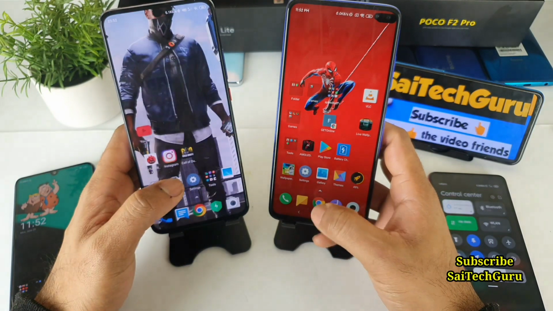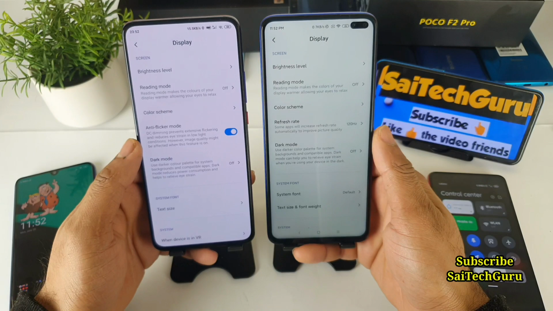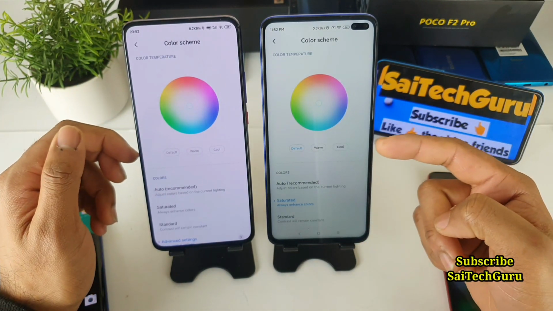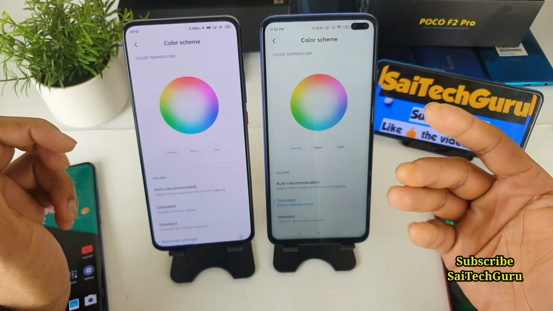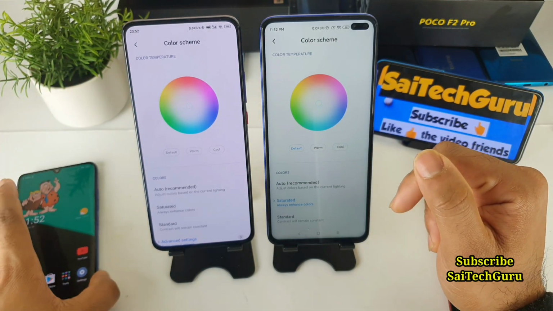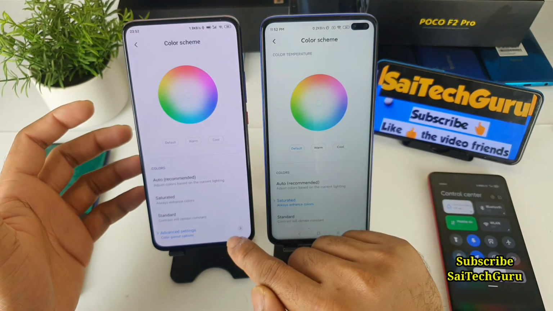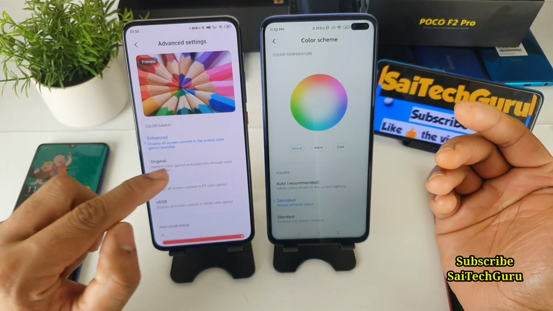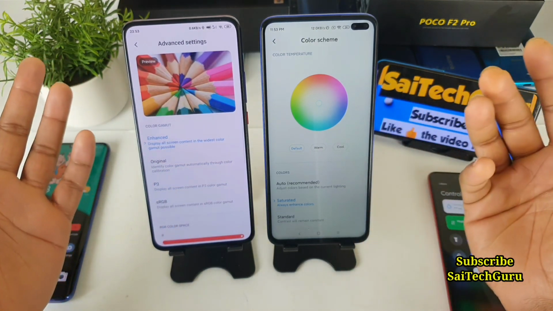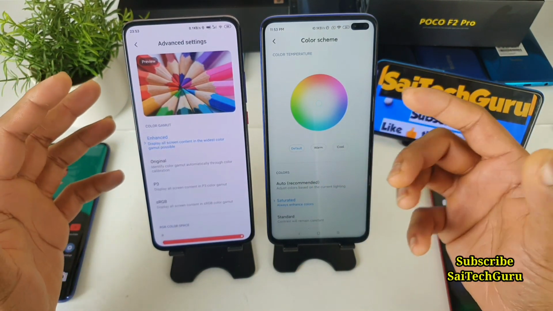So let's get started. First, open the settings. Let's see what different kind of settings both phones are having. When you go to color screen, in the Poco X2 you don't get much customization options in terms of the display colors, whereas in the Poco F2 Pro you do get plenty of customization options. As you can see right now, there are advanced settings as well. Once you're in the advanced settings, you do get enhanced features to get more saturated images. But in the Poco X2 that's not the case, so you won't get that kind of option.